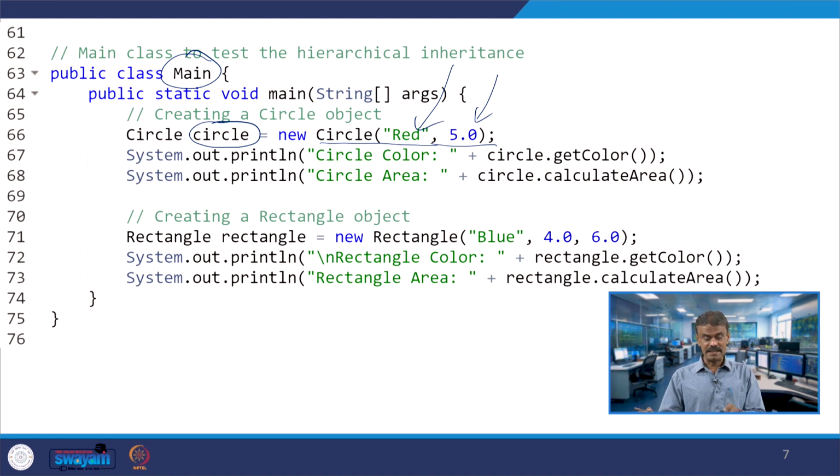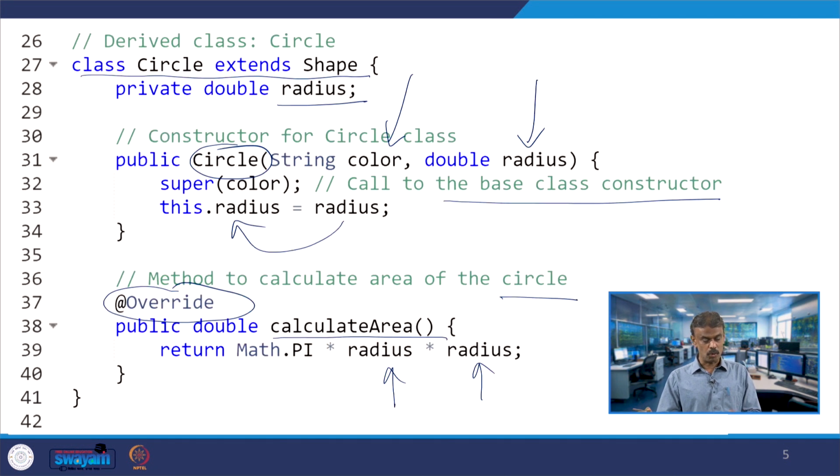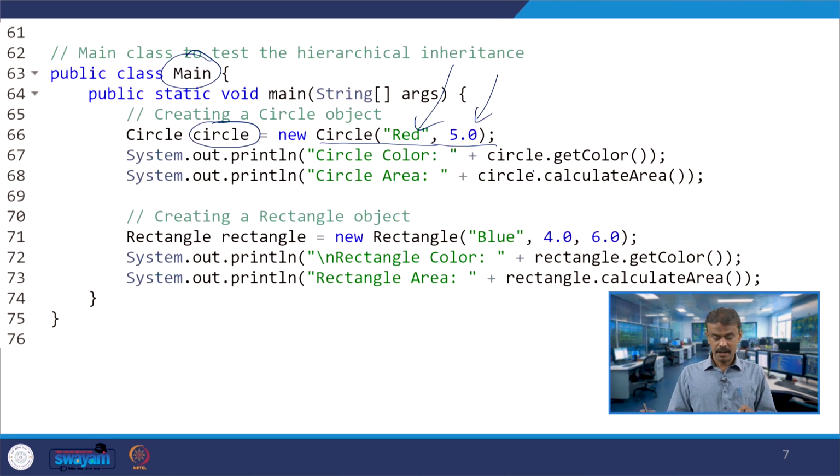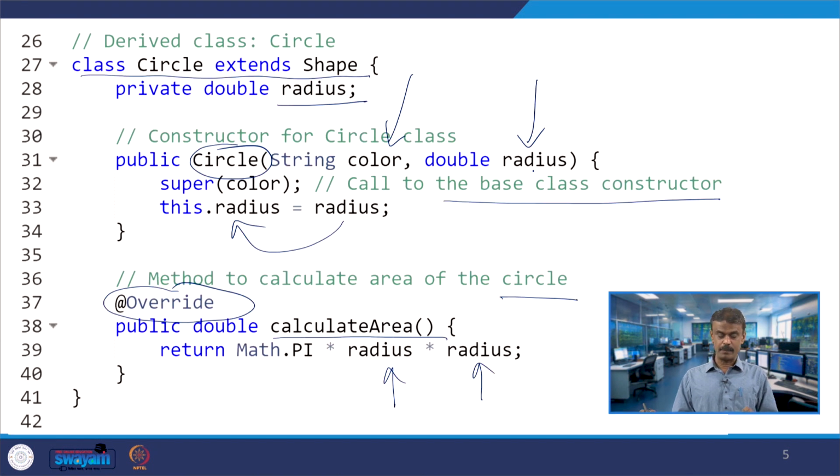When you are passing red and 5.0, let us see what is happening. Go to circle. Here you are passing red and 5.0, color is red and radius is 5.0, right.